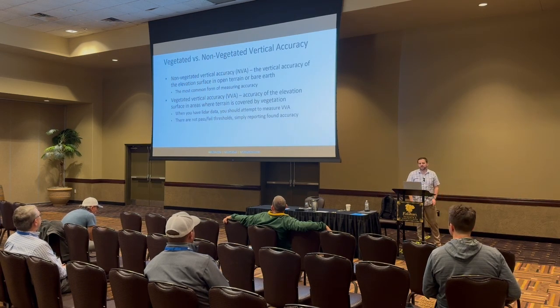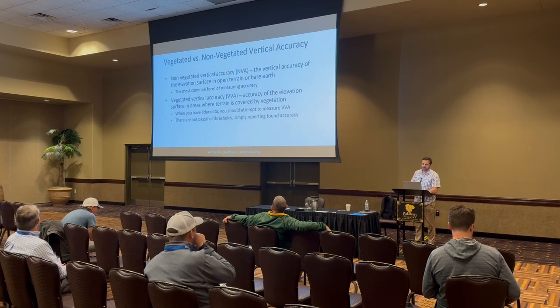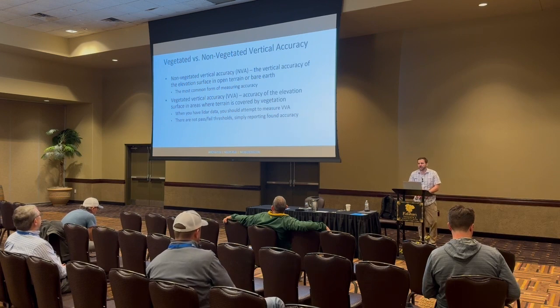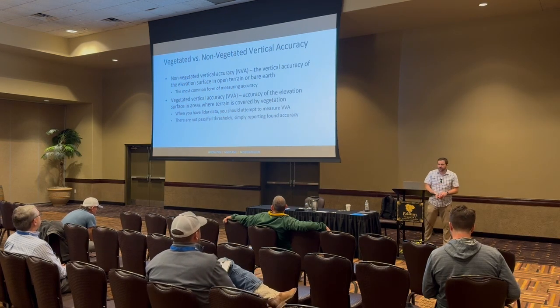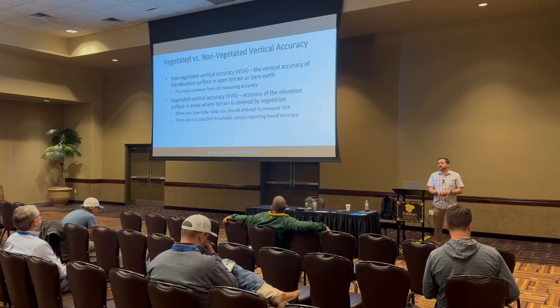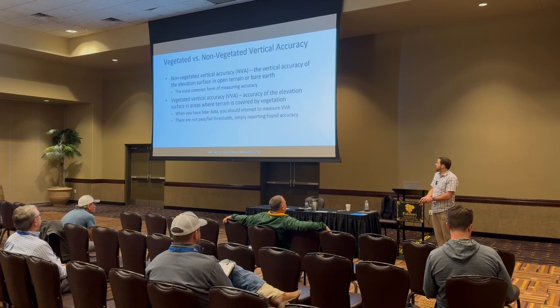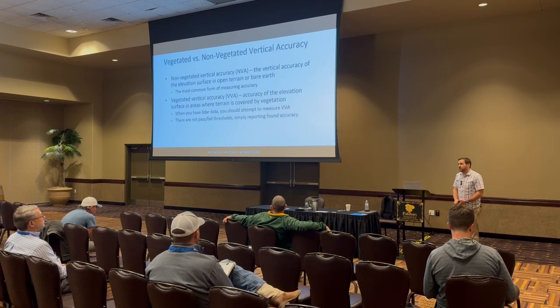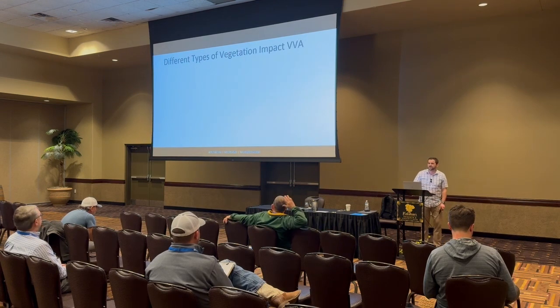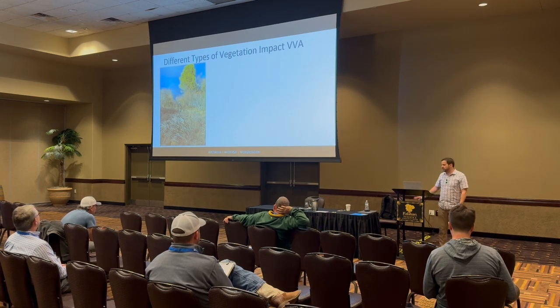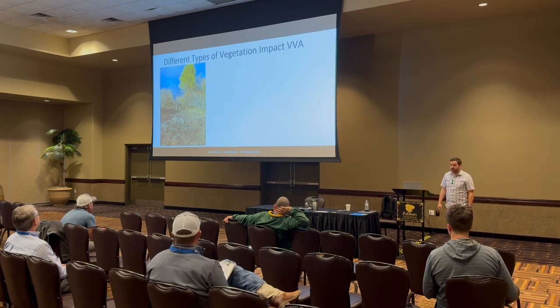Talking a little bit more about vegetated versus non-vegetated vertical accuracy. Non-vegetated vertical accuracy, when you're measuring that, is you set a whole bunch of check shots where there is no vegetation. And vegetated vertical accuracy is where you set check shots in vegetation. To perfectly match the highest quality standards, you need to set check shots in both vegetated areas and non-vegetated areas. But the thing that really makes it nasty is there are so many different types of vegetation on a single site. So here are some photos of another site that we're going to do, or that we have flown with the